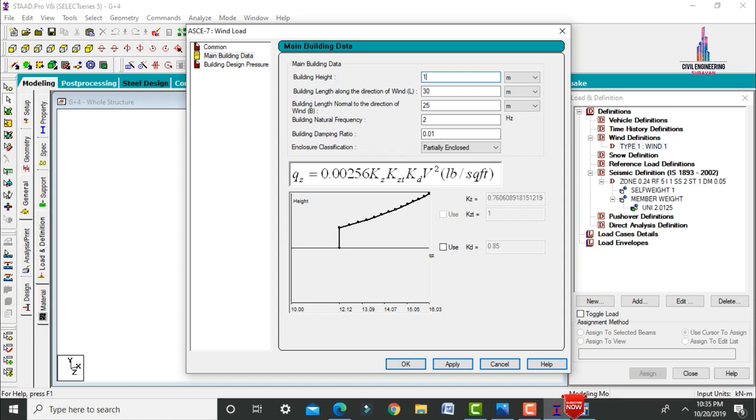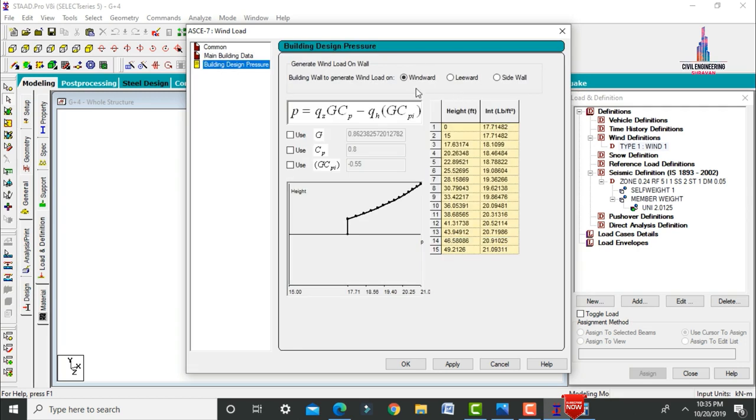So here I am taking 15 meters as the height of the building. Again I am selecting the length of the building as 11. Again the width of the building is 7. Click on apply. Again in the same way we have to select the building design pressure, which is in windward facing